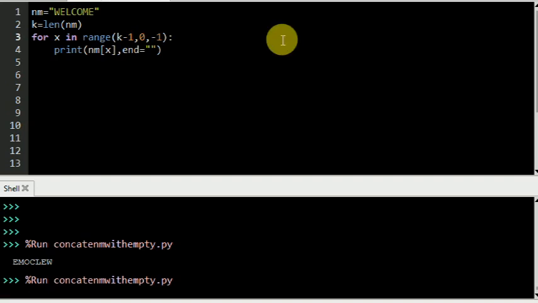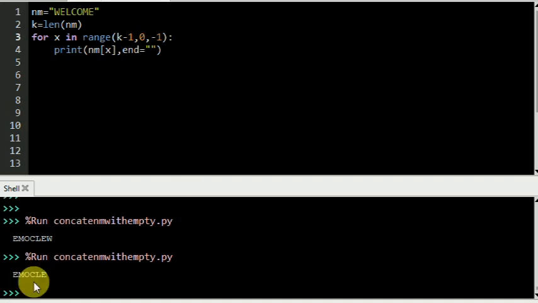When I put 0, it's not going to display the w. Here the w is missing. That means we have to put minus 1, then only it will give us the correct answer. This is the way the for loop with the range works. So this is the method when we are working on the range question with the for loop. Let us discuss the while loop now.